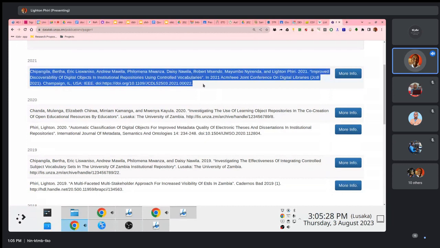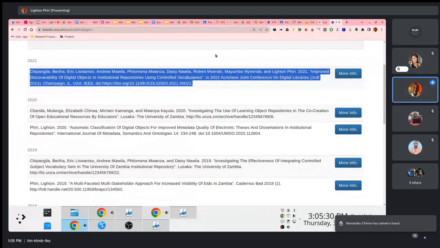I don't know if I mentioned this, but earlier this year, we were training colleagues from ZRI. We were training them on how to use Python to do these fancy things. So you can build machine learning models to do sophisticated things like project figures. I must say this again.